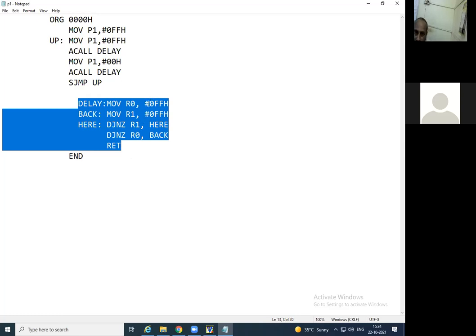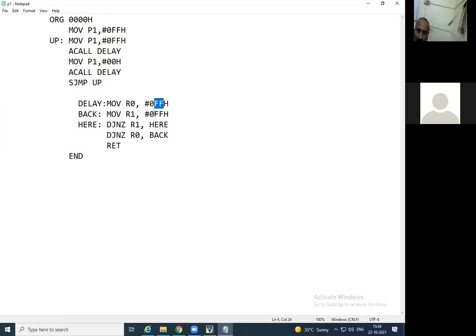So here you can observe the FF. As we know, for 2 hex digits the minimum is 00 and the maximum is FF. So 00 to FF stands for 256, that is the upper limit in decimal. As H is written over here, it indicates that we are normally using hexadecimal coding here. So the main code is here.